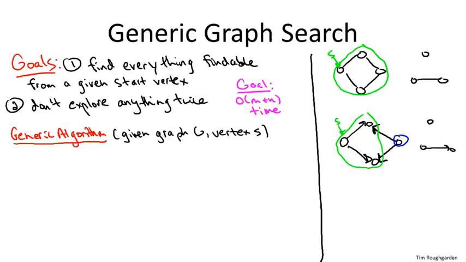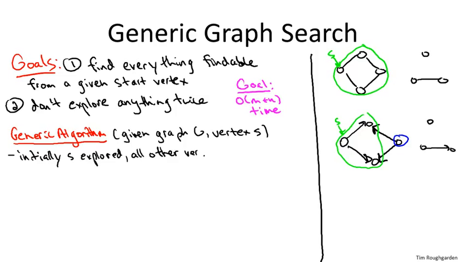So let me now give you a generic approach to graph search. It's going to be underspecified. There'll be many different ways to instantiate it. 2 particular instantiations will get us breadth-first search and depth-first search. But here's just a general systematic method for finding everything findable without exploring anything more than once. So motivated by the second goal, the fact that we don't want to explore anything twice, with each node, with each vertex, we're going to remember whether or not we've explored it before. So we just need one Boolean per node, and we'll initialize it by having everything unexplored, except S, our starting point, will start off as explored.